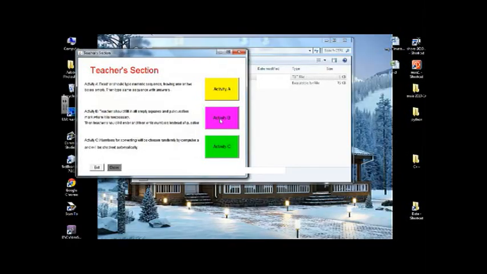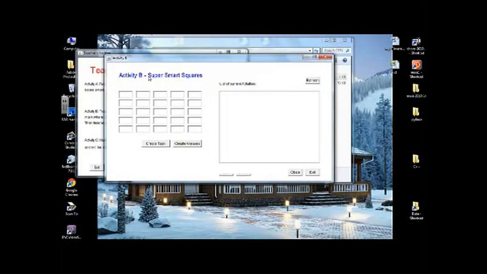So what about activity B? This is the super smart squares, and the aim of this activity is to make a sum, and these 4 boxes will have the sum of rows and columns and the diagonal on the horizon. Yeah. So now I will type one of the